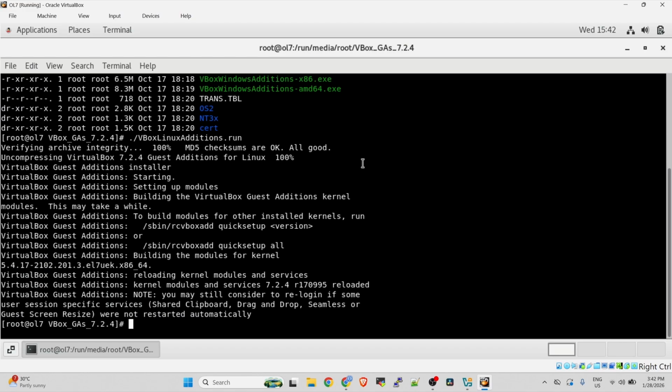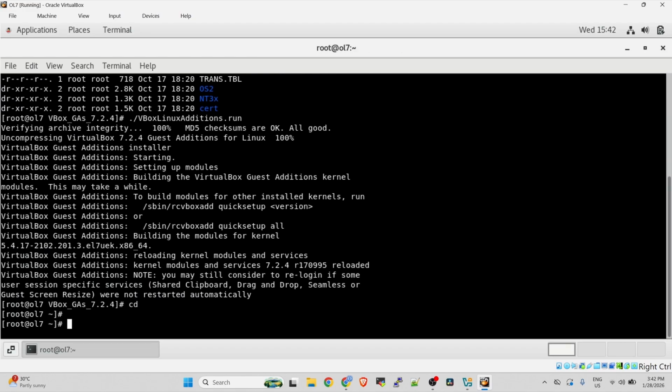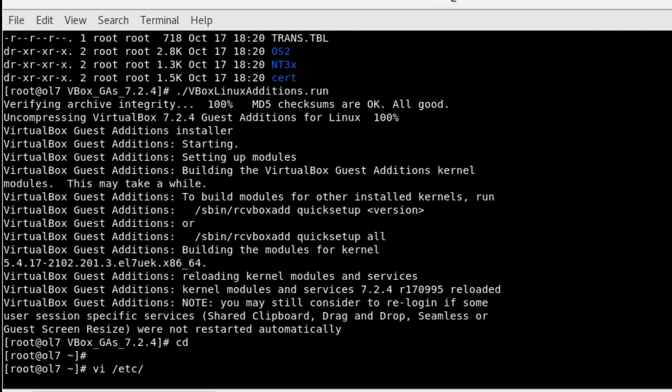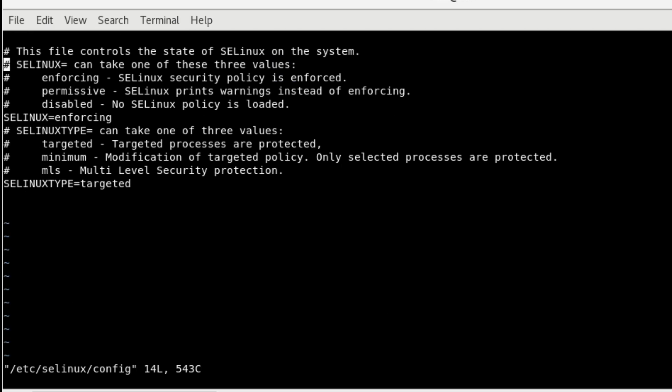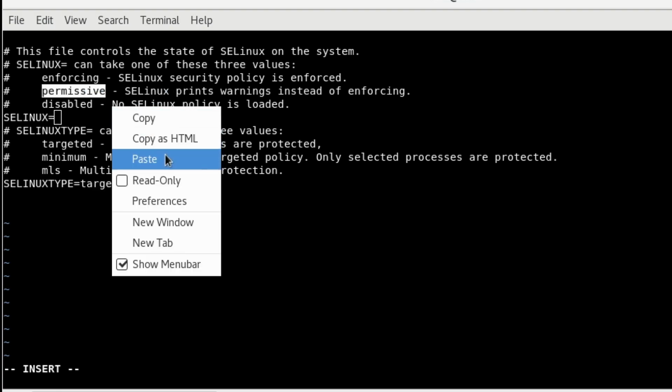I prefer this one. And then what we need to do next is to update the SELinux config. So that would be vi /etc/selinux/config. And then instead of enforcing, we should be using permissive.